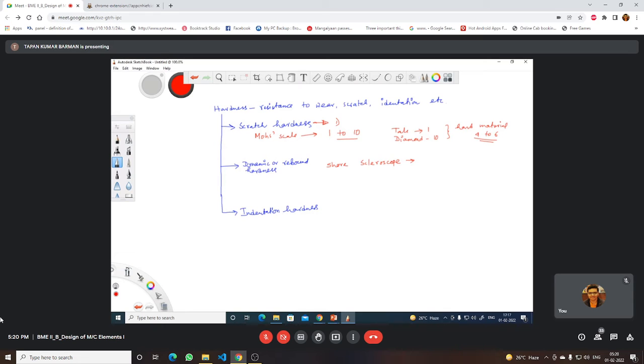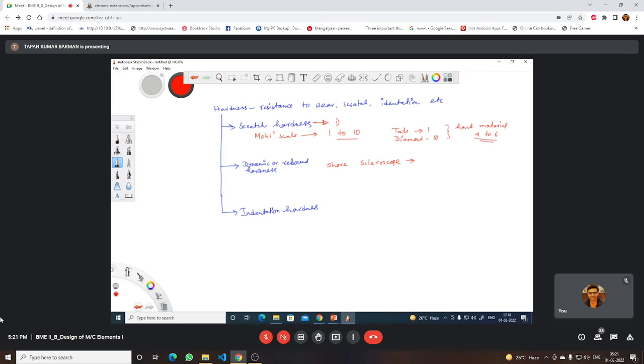Probably in the applied mechanics lab, they have recently purchased one. I do not know whether that machine is readily available or not, but it should be there. When your hardness test is done, you may ask your professor whether a rebound hardness or dynamic hardness tester is available. Then you can see that machine also. Probably a scratch hardness tester is not available there, but in our machine elements laboratory we have one scratch tester, and from there we may find it.